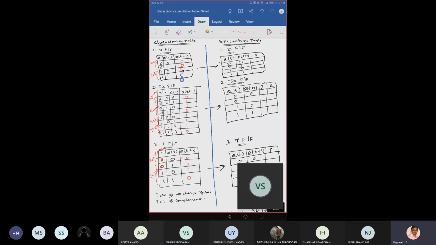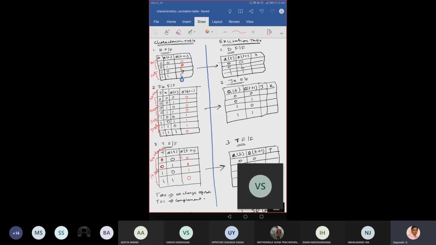Intermediate, sir. Okay, you can say intermediate. Actually, it's a feedback input. Am I correct? So Q of T is a present state. Here in the Q of T, we have to consider it as a feedback input. So D is the actual input and Q of T is a feedback input and Q of T plus 1 is the actual output. So in the characteristic table, inputs are known. That is D is known, Q of T is known. What is the Q of T plus 1?